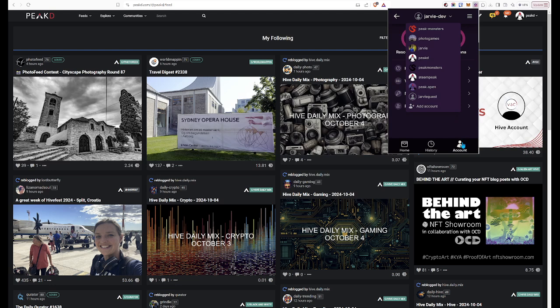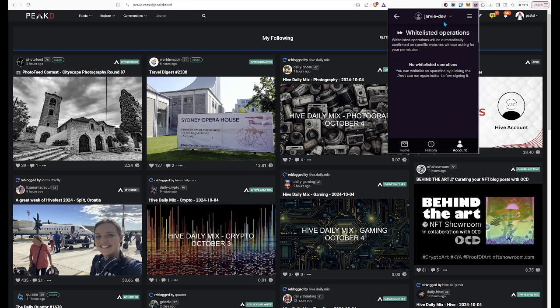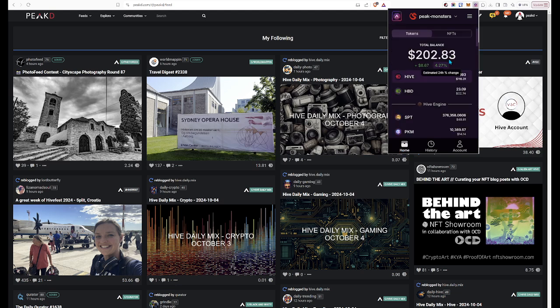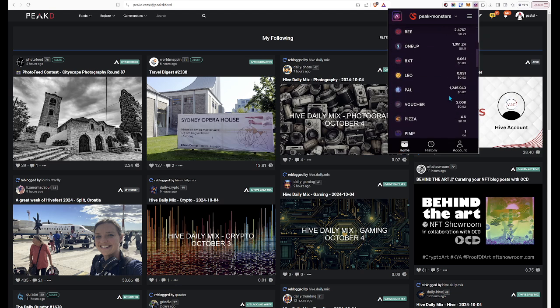We can go to the whitelisted and then change to see, okay, on my main account, I have some things that I will never have to click on again on peakd.com and then on beta.peakd.com, and you can just change which ones here. I don't have to click when I sign in, and I don't have to click when I vote if I'm using Peak-Monsters. So some pretty fun things, and going back to the home screen, quite easy to see balances